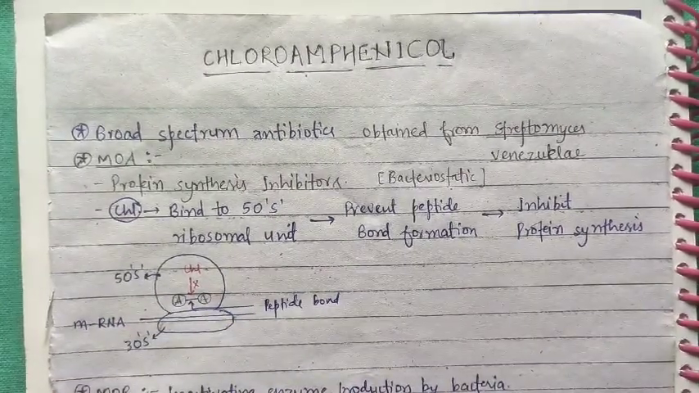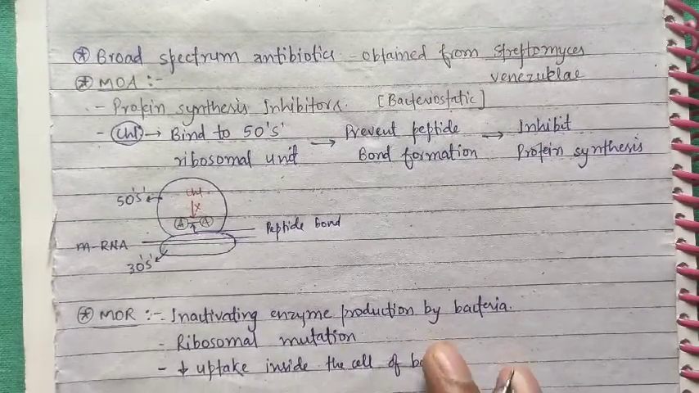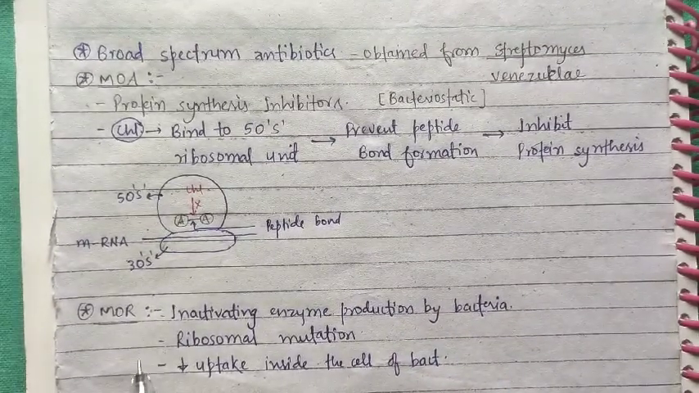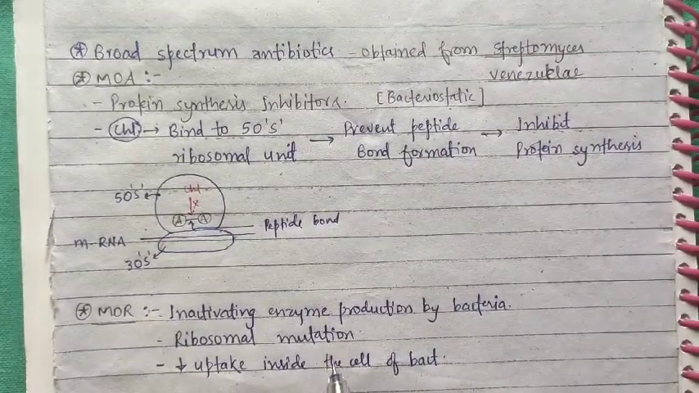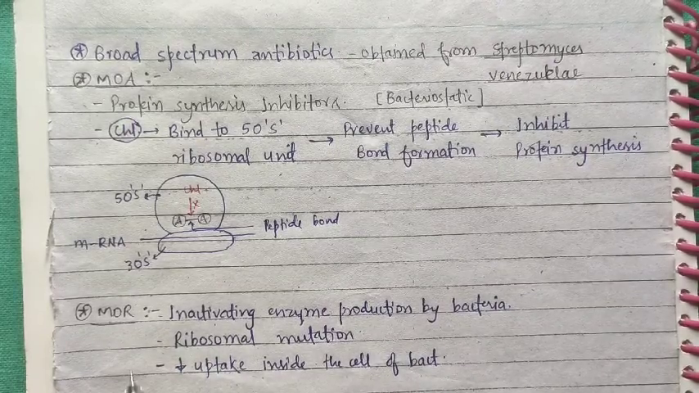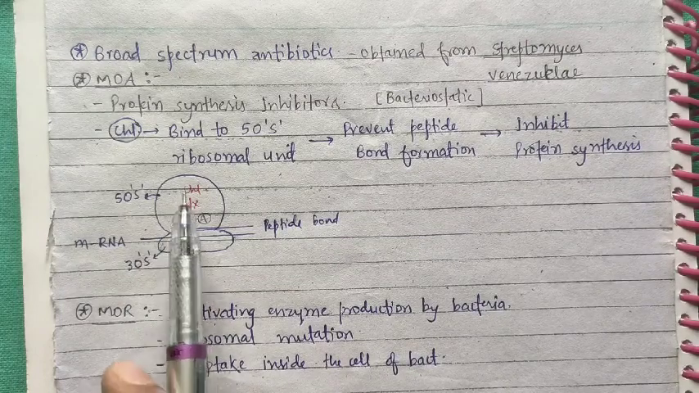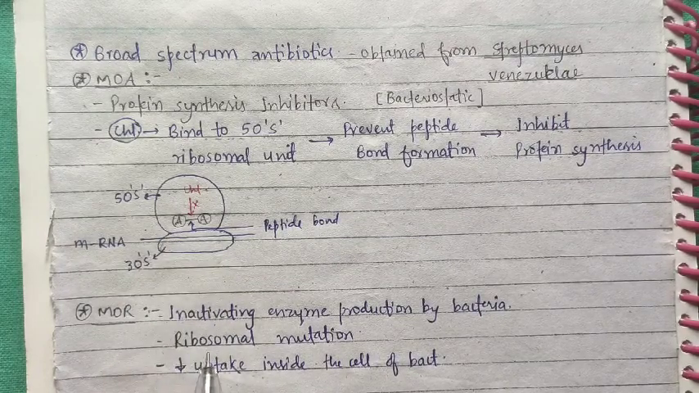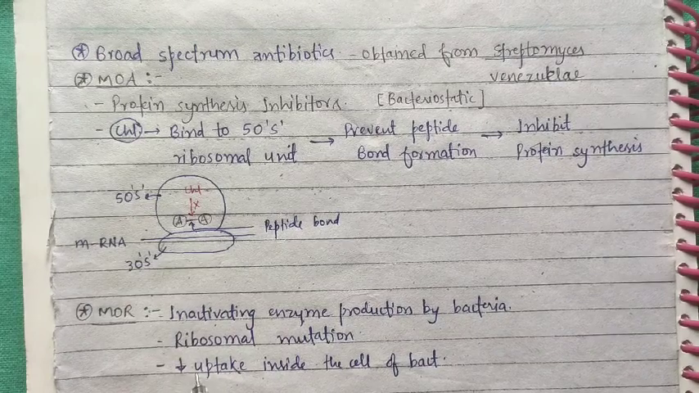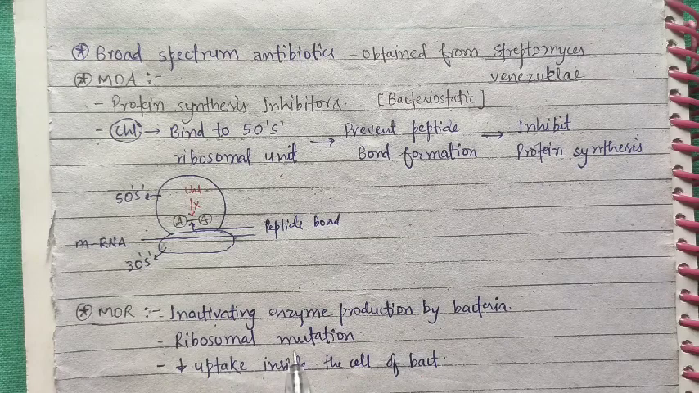Now we are going to discuss the mechanism of resistance, meaning how bacteria become resistant to chloramphenicol. It is a very easy mechanism of resistance, guys. Bacteria produce some enzyme which inactivates the chloramphenicol, meaning inactivating enzyme production by the bacteria. Along with that, there is a binding site for chloramphenicol on the 50S of the ribosome. So bacteria make mutations in the ribosomal subunit so that chloramphenicol cannot bind to that particular site,